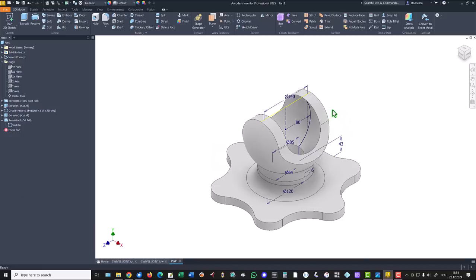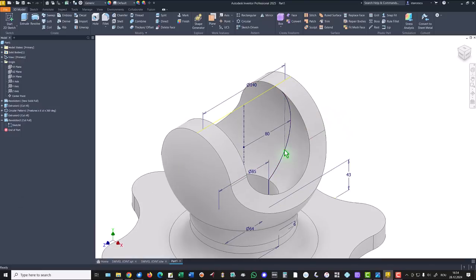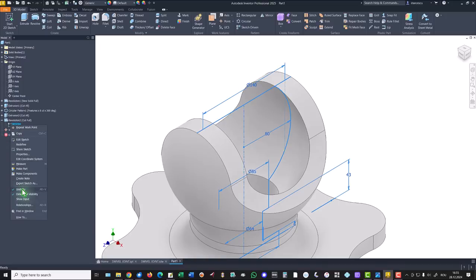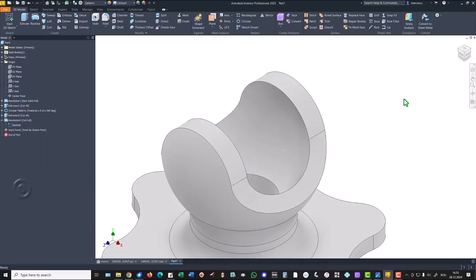And now we have here an endpoint, you see. We can place a point here, a work point. Then I close this and we keep the point. Plane